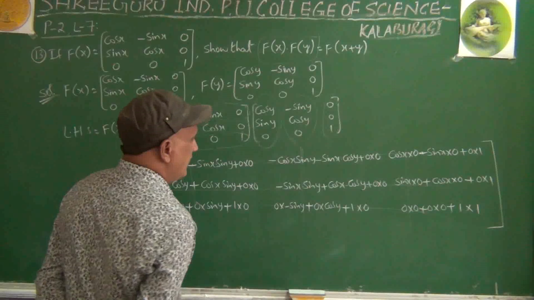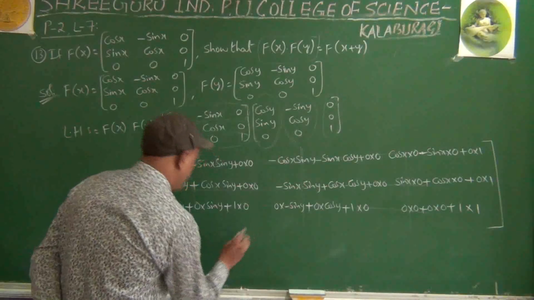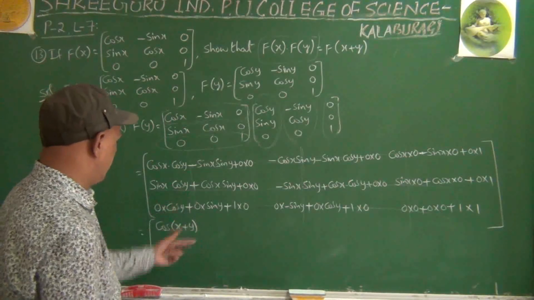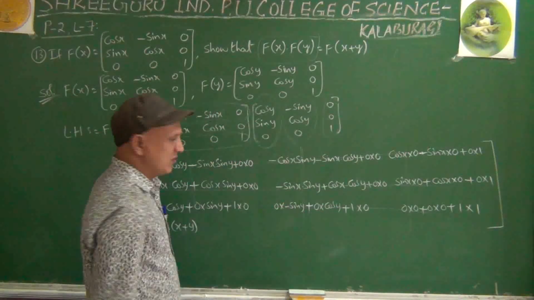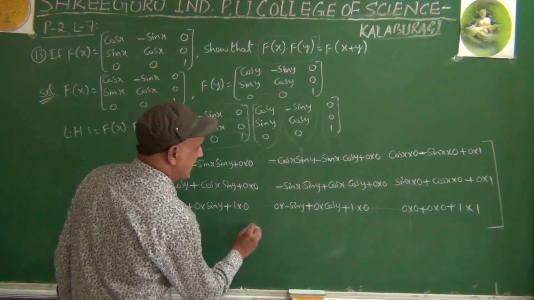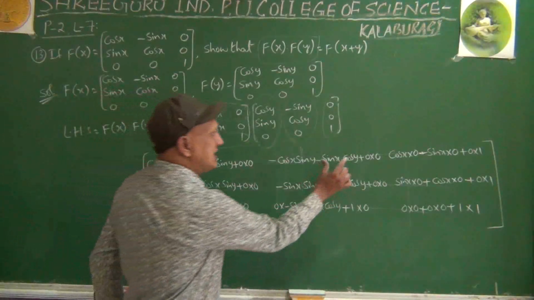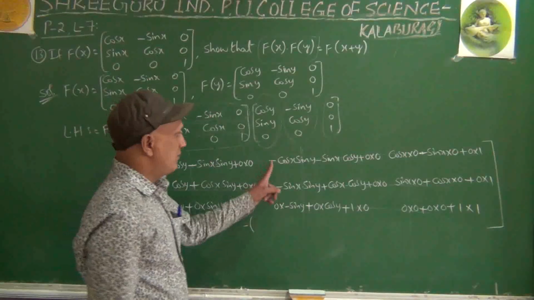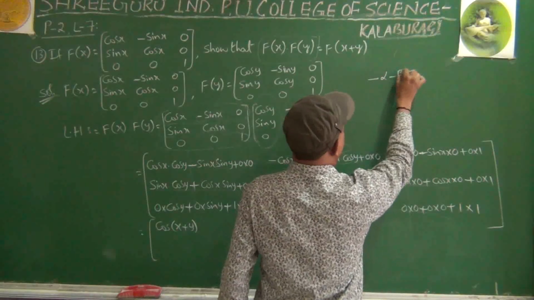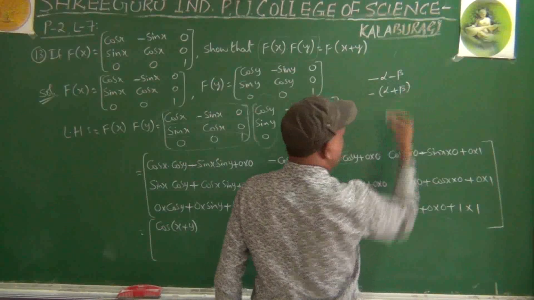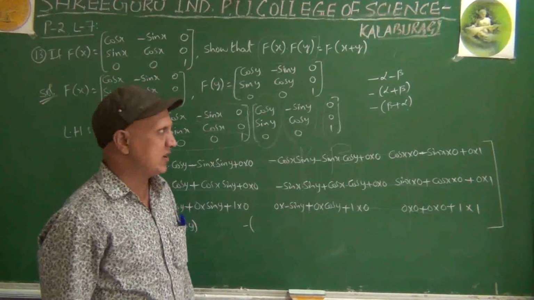Okay. Take minus common. I am checking the place, how much distance I have to leave. Because few parts we have to simplify, that's why I will leave some place here. Take minus common. And I am writing this one first. Minus alpha minus beta is there. Minus common, alpha plus beta. Okay na? Minus beta plus alpha we can write. Minus common. Beta plus alpha.